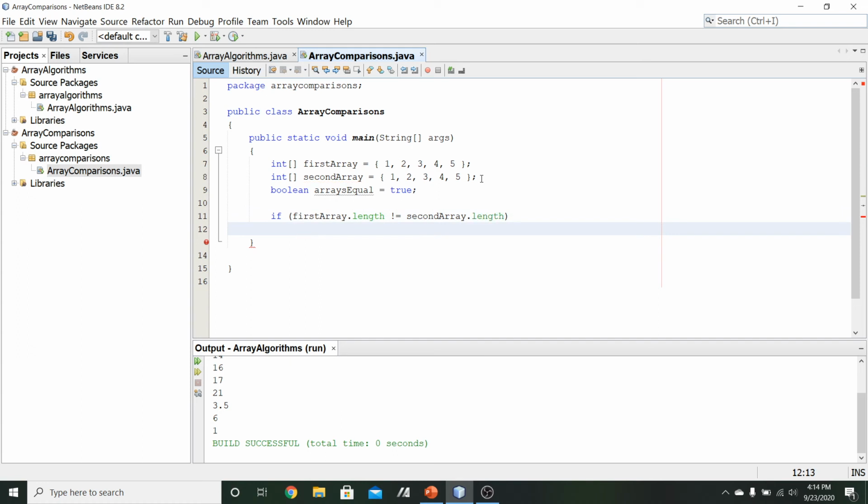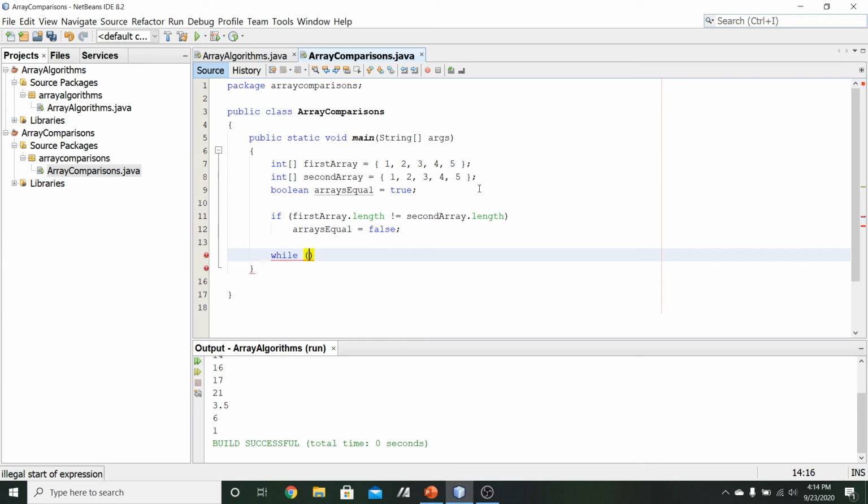We'll go ahead and just say that our array is equal, should be false. That way then we don't have to worry about executing anything in this while loop. But assuming that they are equal, so this doesn't change to false, we'll go ahead and start going through this while loop. So inside of this, we're going to be checking if the arrays are equal, and we're also going